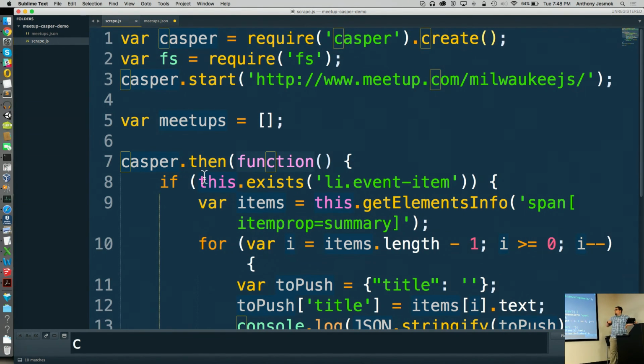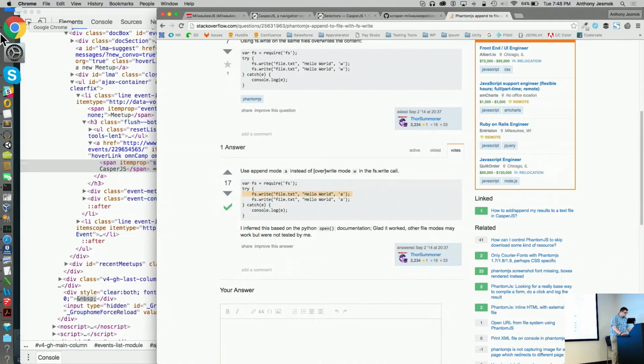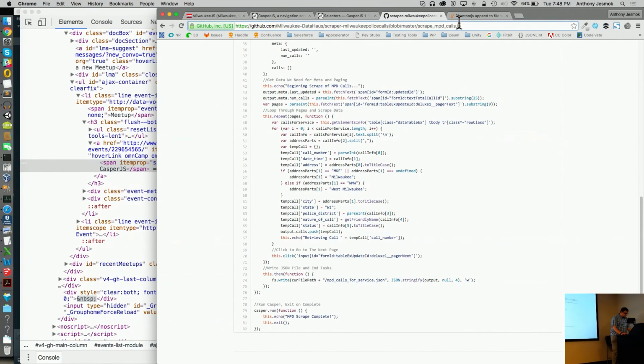So I actually am in the process of writing another scraper for the Milwaukee County Transit System ticket sales locations. They actually have ticket sales locations available on their website, and it's just a little injected JavaScript they run. Turns out CasperJS actually has a feature where you can execute JavaScript.